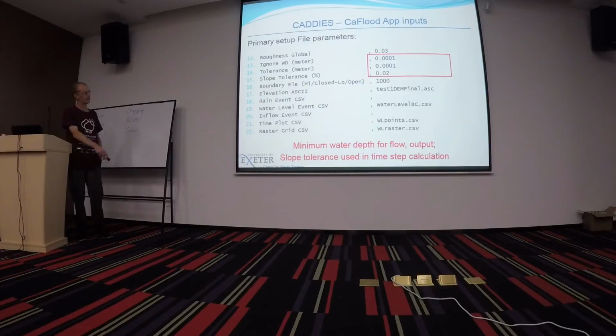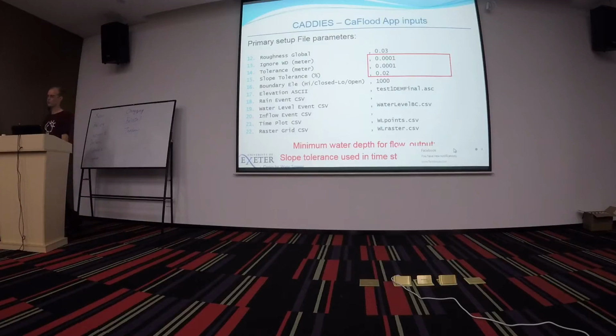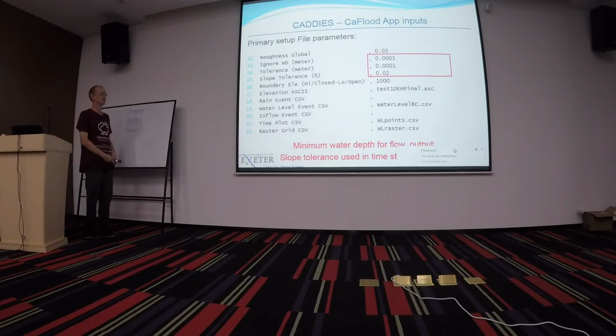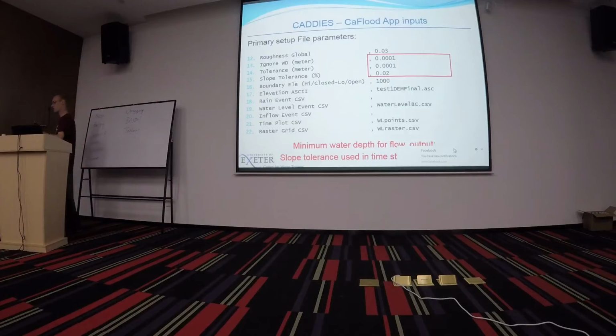Then we have some tolerances, so anything less than 0.001 meters. So it's 0.1 millimeter. It will not process any flow. Basically, surface tension will hold in place. This tolerance is for the output, so if there's anything below that, it will say there's no water in there. The slope tolerance is used in the time step calculation, because if there are very small slopes, ironically we would only use a small amount of water, but we usually need a very small time step to get that just right. So we waste a hell of a lot of computational power on doing not very much. So we cap